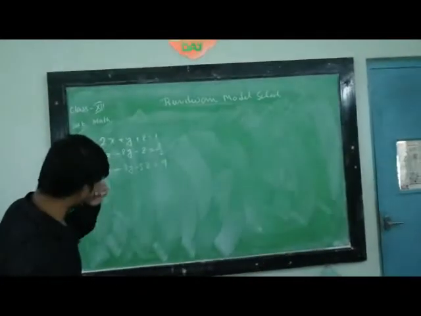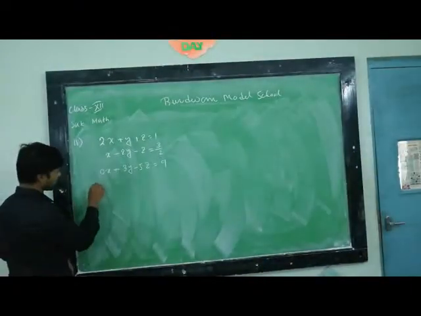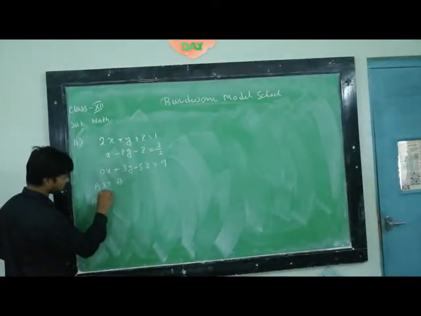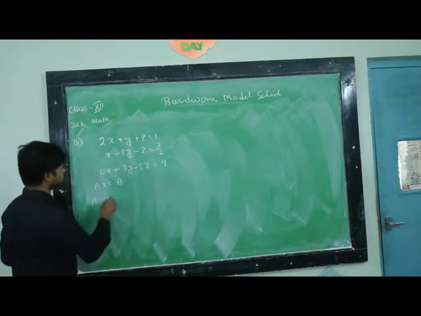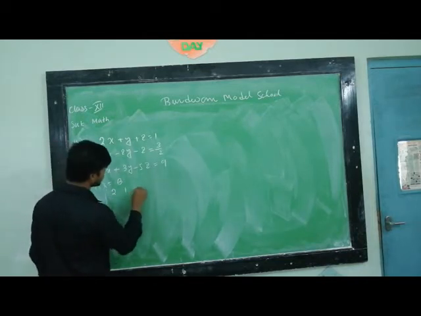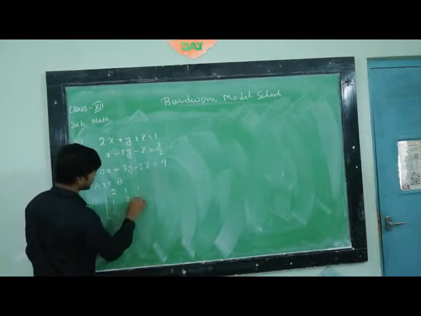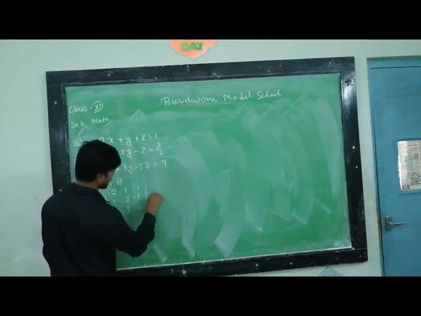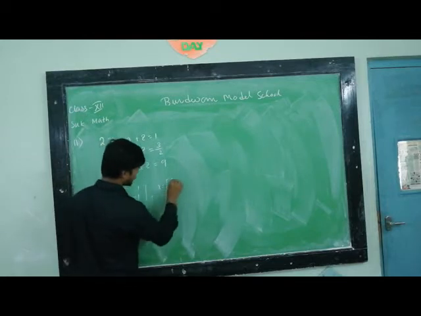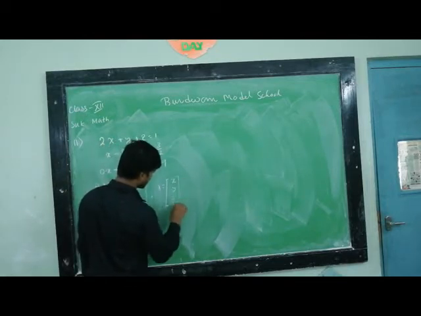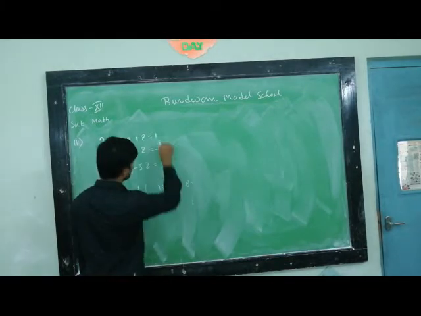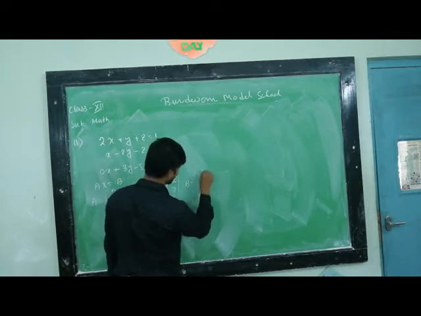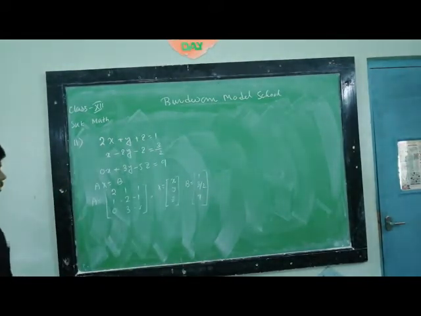So first represent the given equation in matrix form. So we have Ax = B, where A is a matrix of order 3 cross 3 whose entries are 2, 1, 1, 1, -2, -1, 0, 3, -5, and X is the column matrix x, y, z, and B is also a column matrix containing the elements 1, 3/2 and 9.